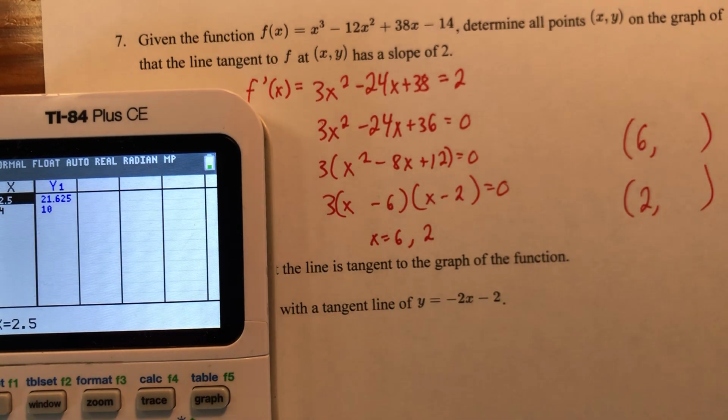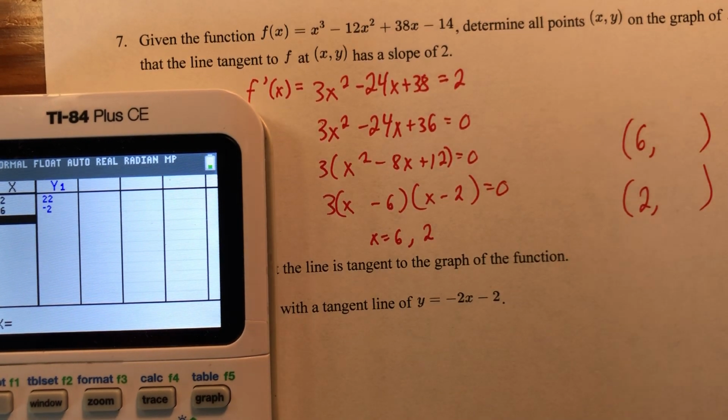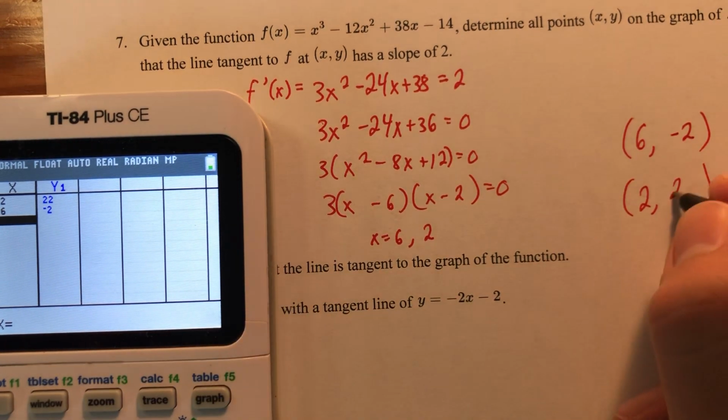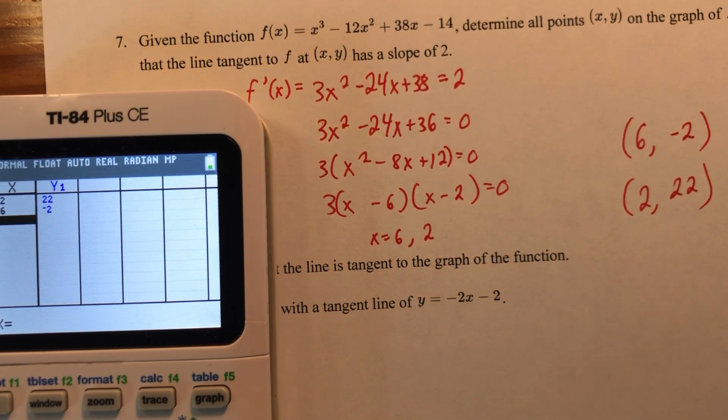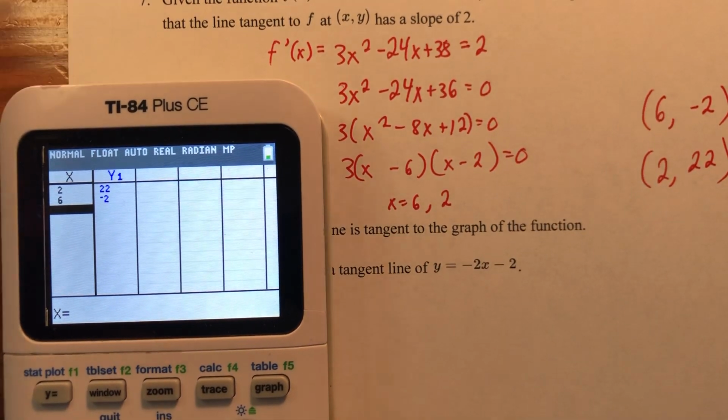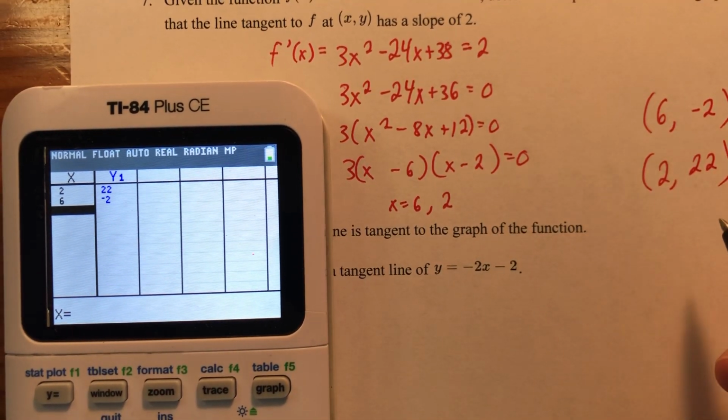And we're going to plug in a 6 and a 2. Not in that order. We plug in a 6 and we get a negative 2. We plug in a 2 and we get a 22. So there we go. We have everything that we need. If we wanted to graph this, then we would see that the slope at this coordinate and at this coordinate would be